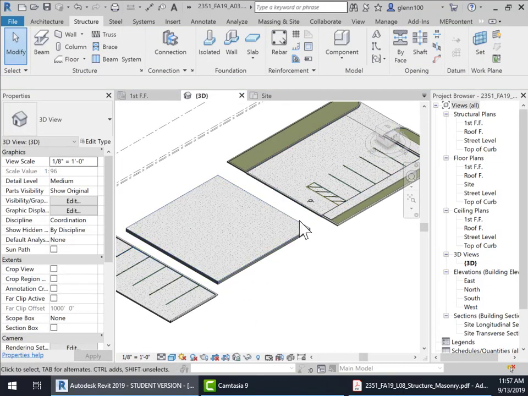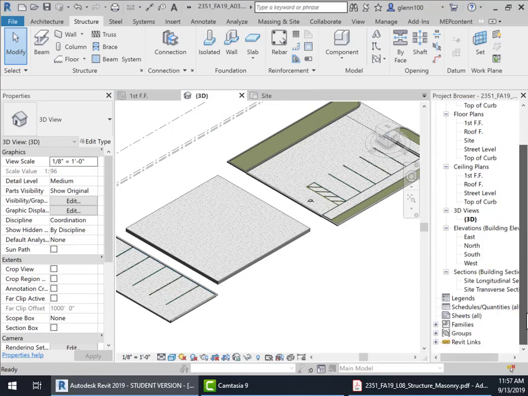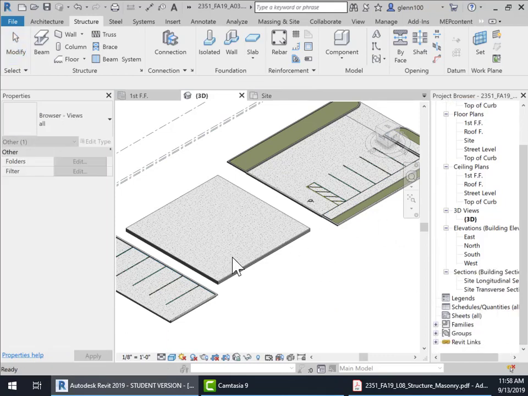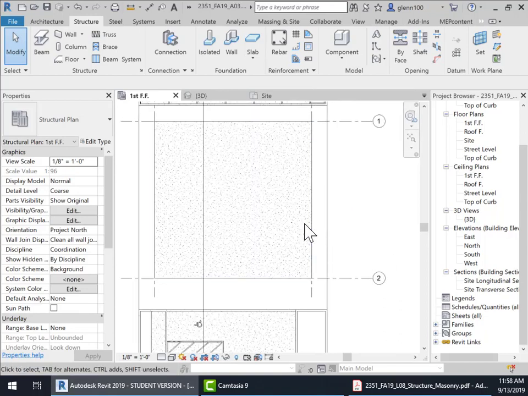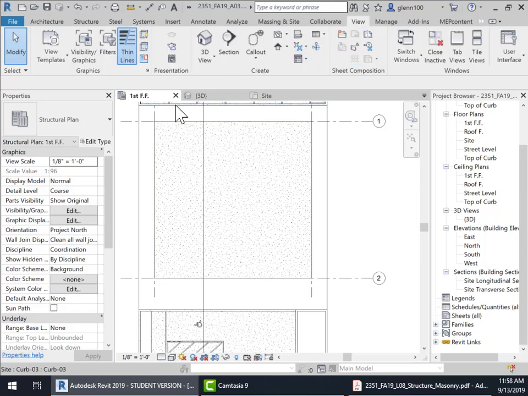Okay. Now let's take a look at that slab and its edge from a wall section. So what I'm going to do is have you create a wall section here real quick. So we'll go back into the first finished floor here. And the wall section we want to see is going to be this right here. So we're going to go into views, okay, and sections,